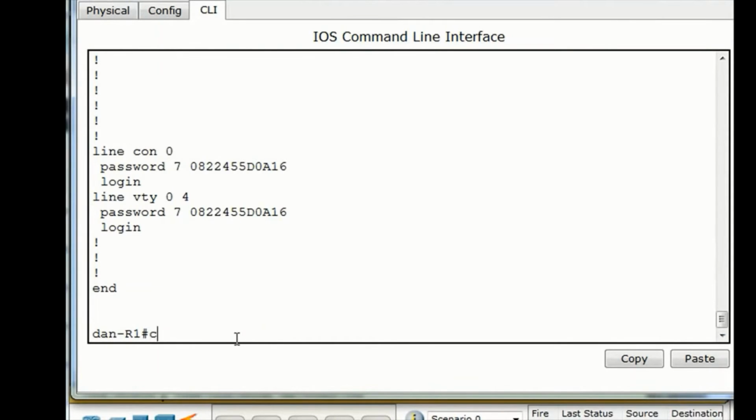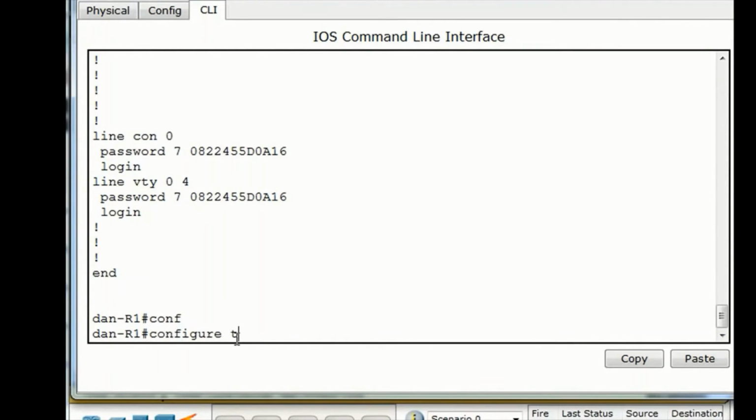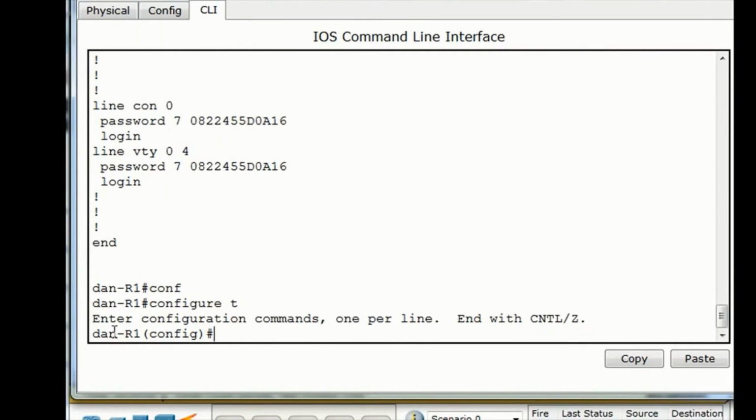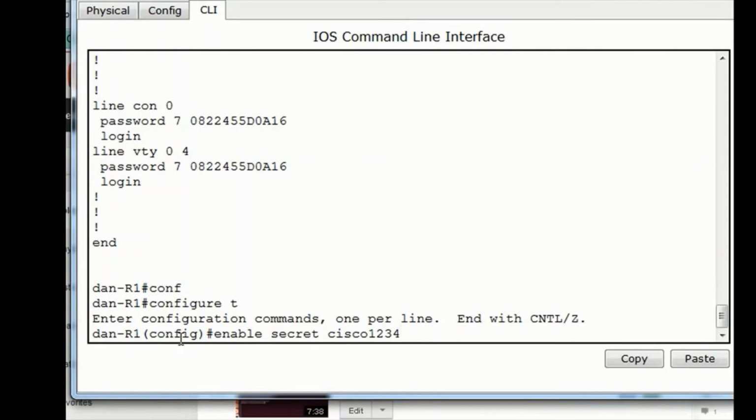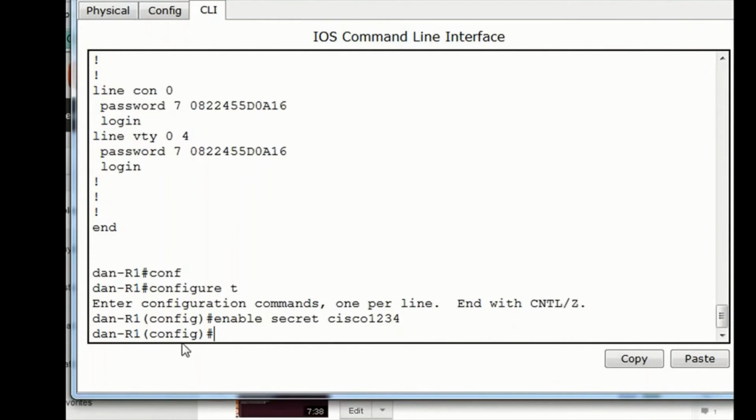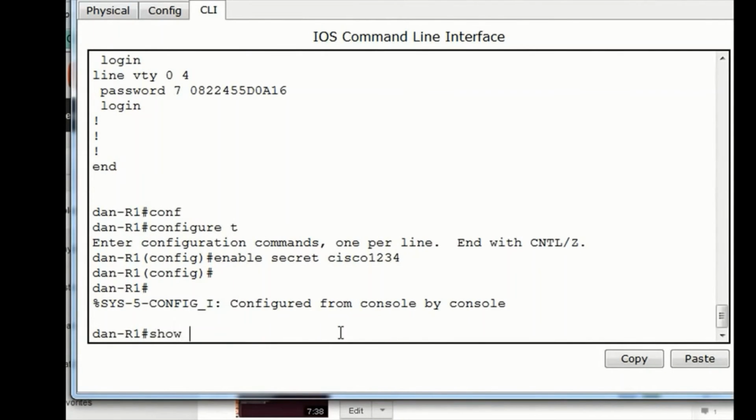Just in privileged user mode, type conf tab T, configure terminal to get to global config mode, and then type enable secret, and then you can type your password. And now I'll put in Cisco1234 for a longer password, Cisco1234, hit enter, and now I'll do a Control-C, show run, which is short for show running config,